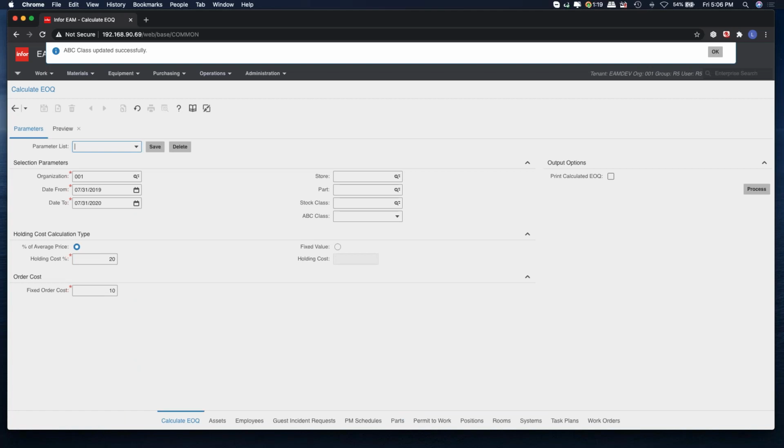And these are your parameters within EAM that the system is looking at. So we have a date range, important because that's how the system will look at how you're issuing things out. Those average issued quantities that you have done so far in a specific time frame. Okay. It also looks at